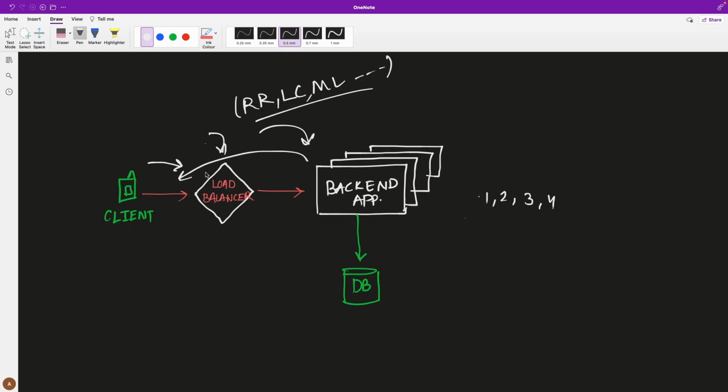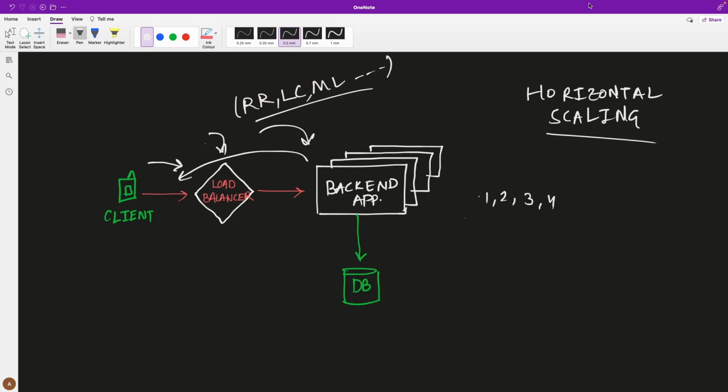So in this situation, how did we handle the increased traffic in the system? By adding more and more instances to your backend application and adding them behind a load balancer. Now all the requests will not directly come to your backend application. They will be routed by the load balancer, and the load balancer will decide, based on a certain algorithm, which application instance to route the request to. So this is how our system would look after horizontal scaling.